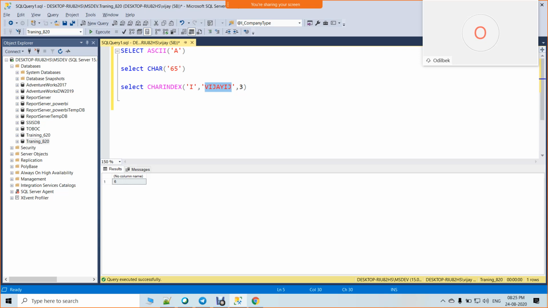Not clear, let me put it some different way. Vijay, I have a question. Can we use this function for searching numbers? Anything you can, it's just a string. Let's say for example 0, 1, 2, 3, 4 and 0, 1, 2, 3, 4. Now I would like to see where my second number is. The position of the second number is 3. Third character is your position, right? Your 2 is available in the third position. Next, this is the third position. This is which position? 4, 5, 6, 7, 8, 9th position, again 2 is available. So when you execute this one, you will get output 3.